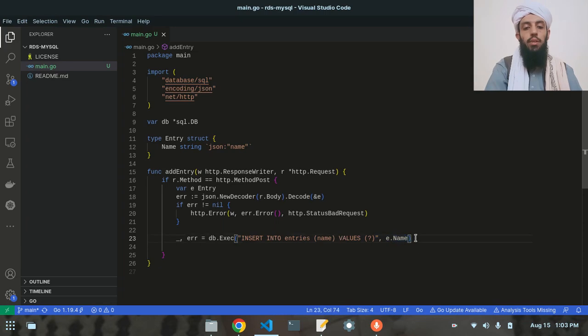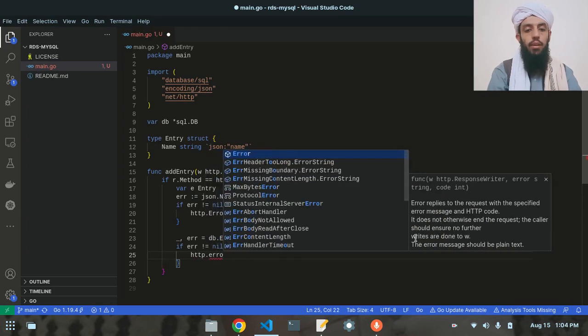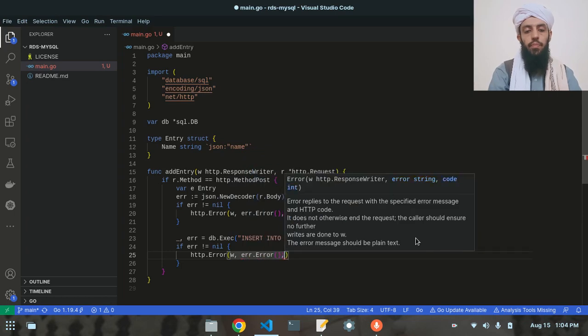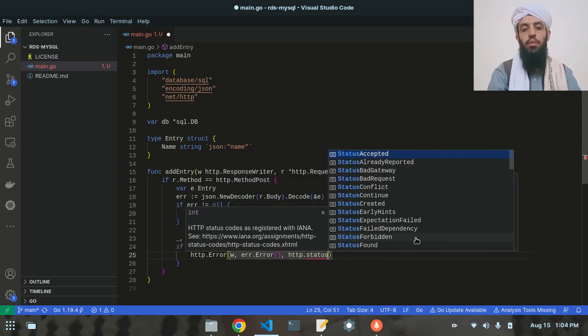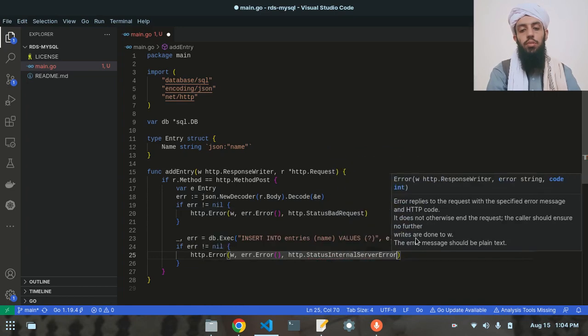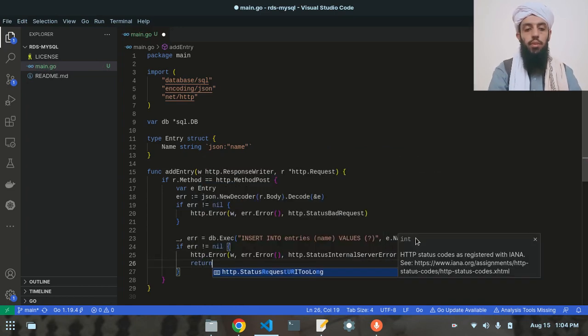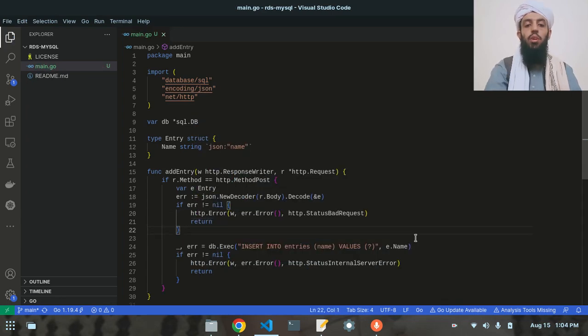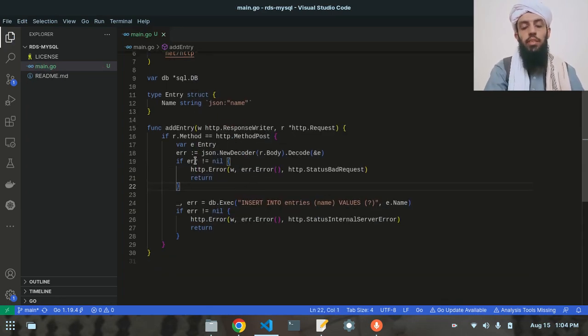All right, so let's write the error like HTTP error. Inside it I will write errors, and then HTTP status internal server error, and then return that. Similarly I will write the return statement here also. So basically it will insert the data. Once the data from the JSON format is decoded, then it will insert that decoded data, or the name,